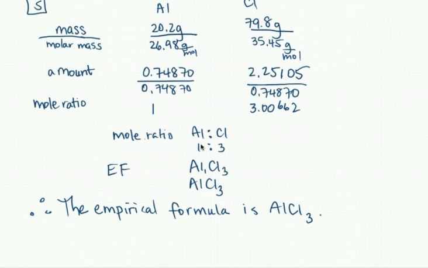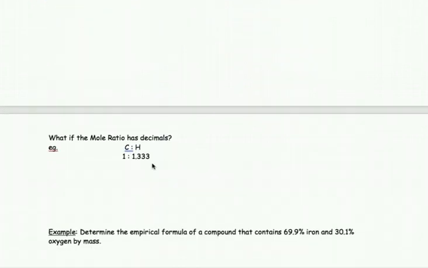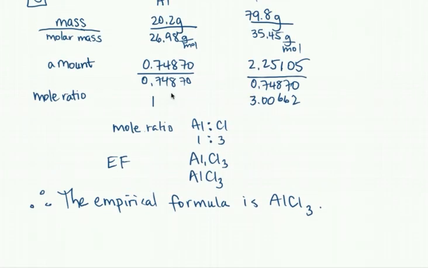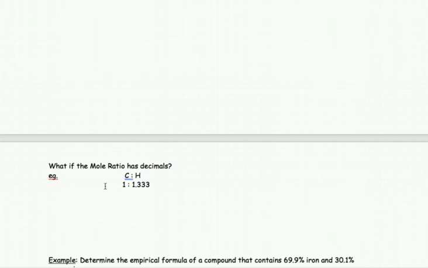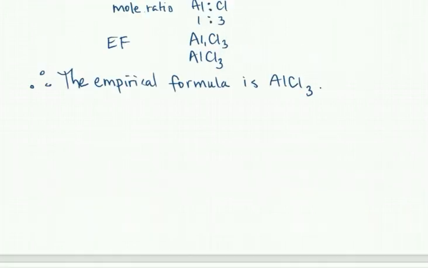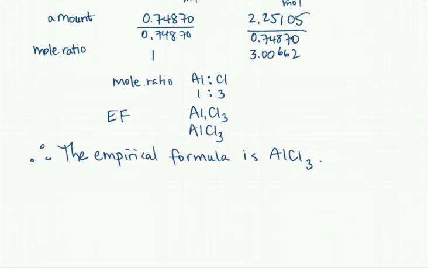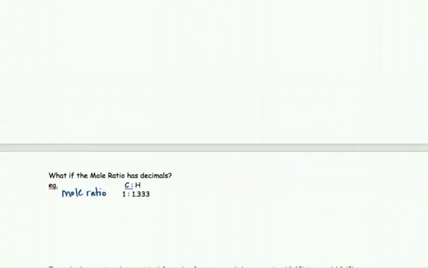So I want to give you an example here. The mole ratio step: you might find that you have a scenario like this where you end up with carbon to hydrogen, so here's the mole ratio, of 1 to 1.33. So we want nice values like 3.00, right on or close to being right on the dot there. But when it's a little bit off, even by 0.3, it's a little too far off,